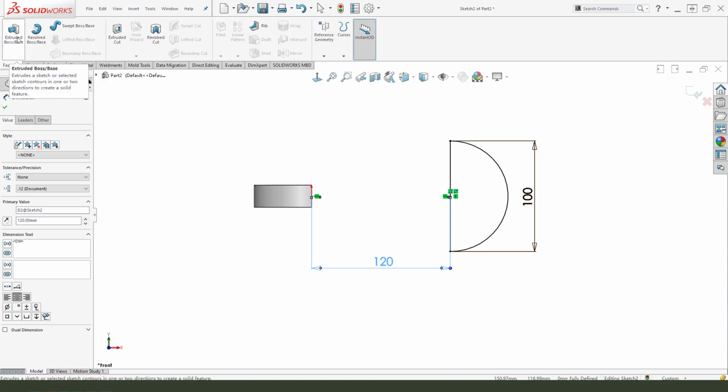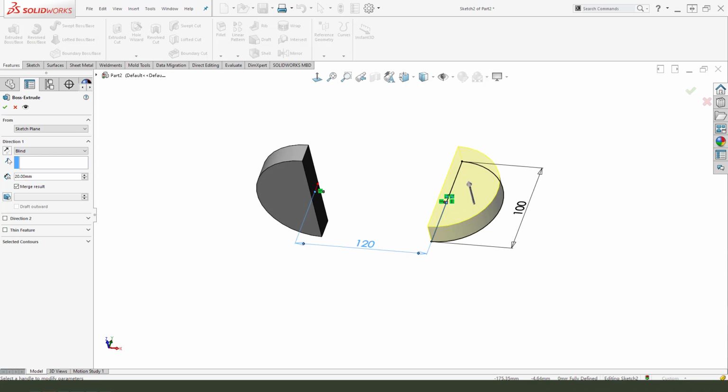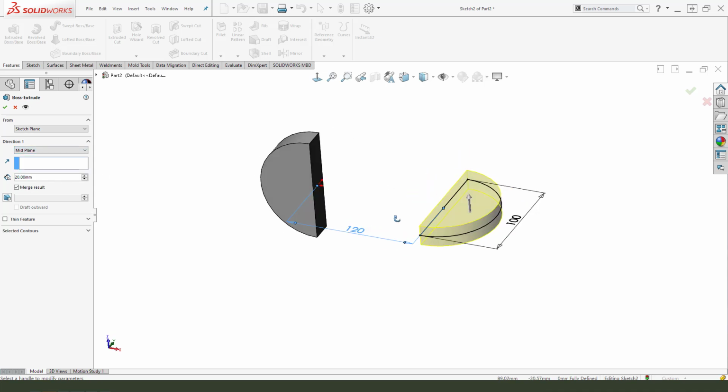next we need select extrude 20 and select middle plane. Okay,